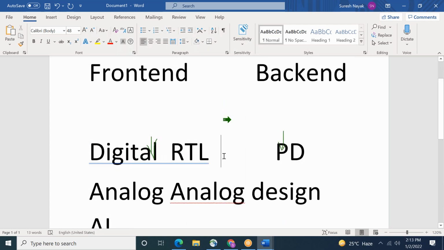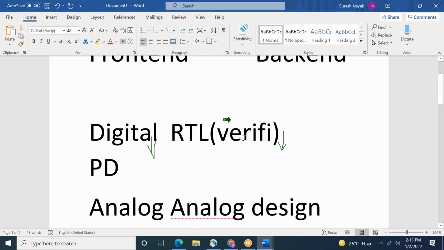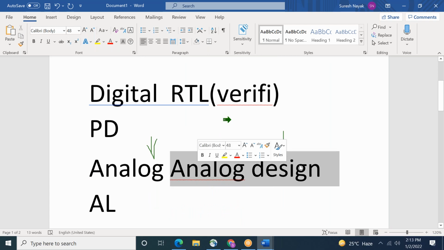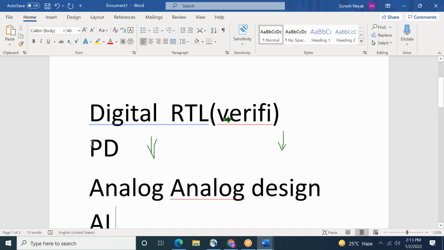And some people will confuse. In RTL, there is a verification guy. Those who do the verification for RTL use Verilog code. So here verification people will be there. Whether the RTL, whatever the program they are writing, is correct or not, they will verify it by certain script, like I told you one example, Verilog. For analog design, the verification, simulation, all the analog layout people will do.